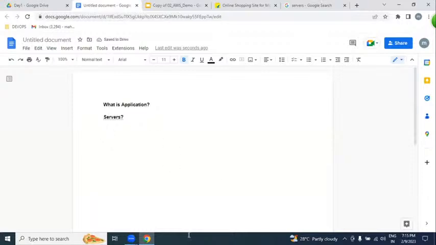we are going to require infrastructure. What is infrastructure, please? Infrastructure is nothing but a place to hold the data.